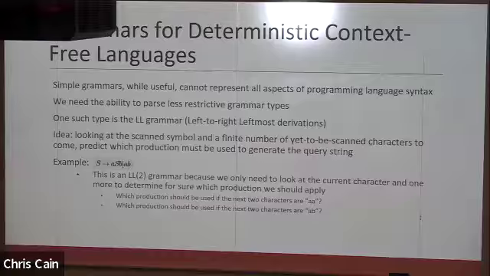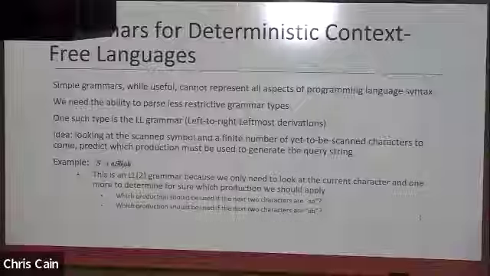But the basic idea of an LL grammar is how many characters of look ahead do we need in order to be able to deterministically make a decision about what production to apply. So an LL1 grammar is deterministic because with a single character look ahead, we can tell which path to take in a grammar. But an LL2 grammar requires a 2-character look ahead to make that deterministic choice. An LL3 grammar would require a 3-character look ahead in the string. And whenever you're looking more than 1 character ahead in the string, there is a computation cost associated with that which scales with that length. But it's not too bad and can stay linear with an intelligent application.